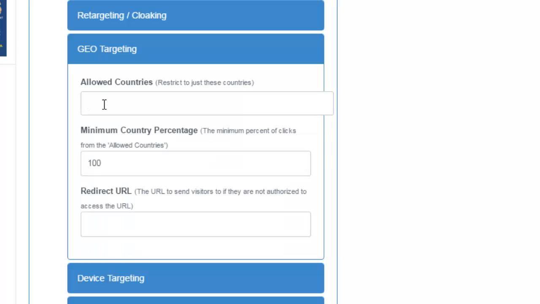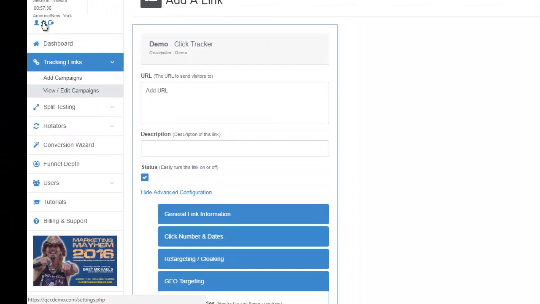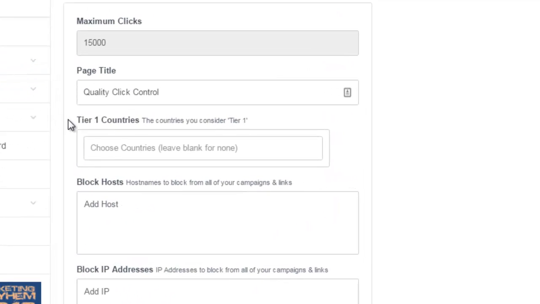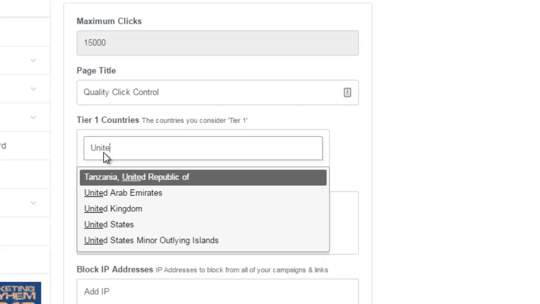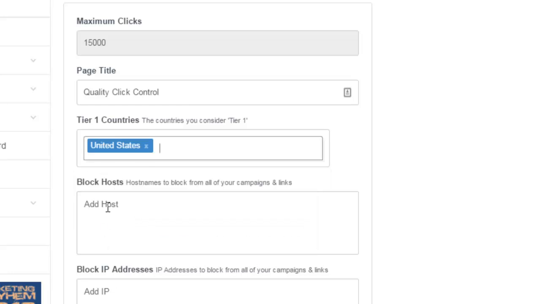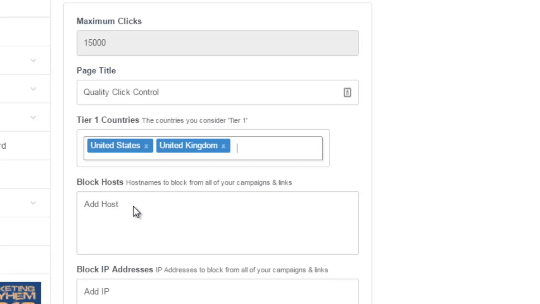Now, one other feature that it's not showing here that you could do is if you have what's called specific tier 1 countries, we're calling this tier 1, and you always are choosing these tier 1 countries to receive the traffic, you can scroll up to the left, click on this gear icon, go into your settings, into tier 1 countries, and type in your tier 1 countries. Now you can start typing in, like here we'll type in United States. Start typing in United, we can click on United States, United Kingdom, let's say